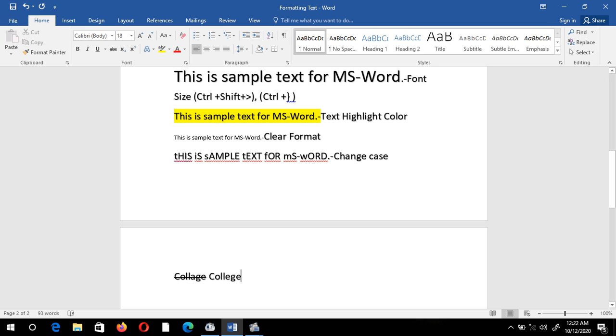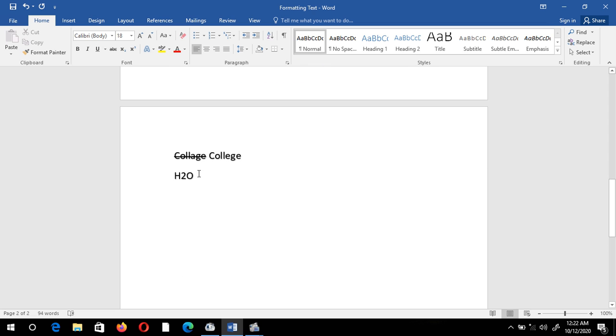Next is subscript and superscript. Suppose I want to write a formula, that is H2O for water. I want this 2 to be in the subscript of H. So I have to select this 2 and click on this subscript option.